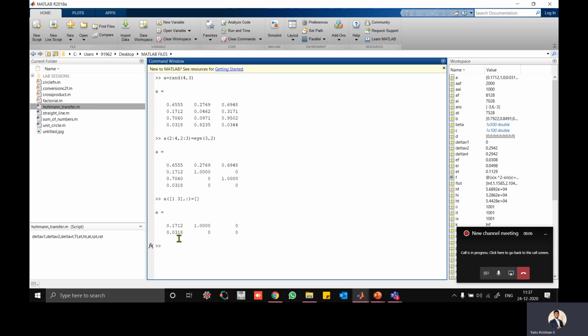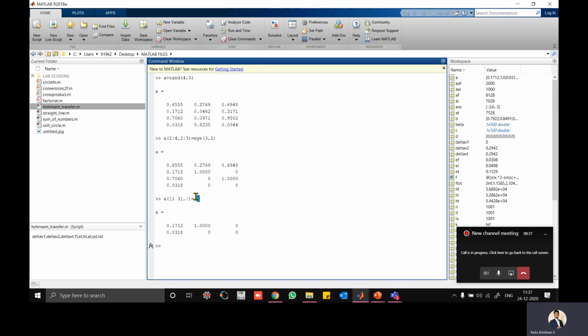So see here what happens. Your first row is removed, this row is removed, right? And the third is also removed. But every column is there. So every column for these 2 rows will be there. Other rows are removed, so you will be getting only the second and fourth ones available.